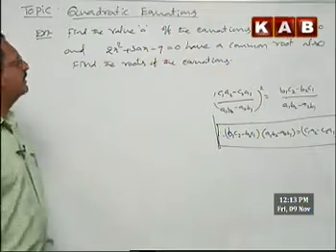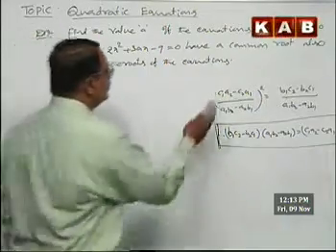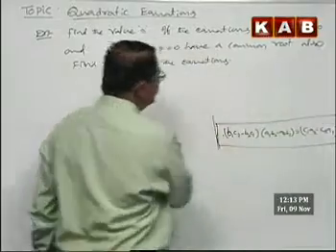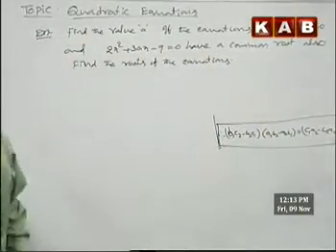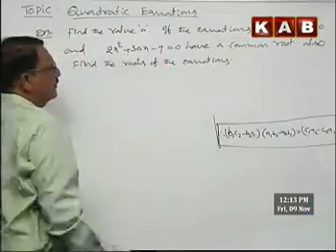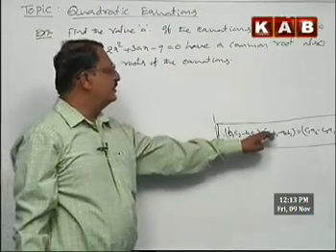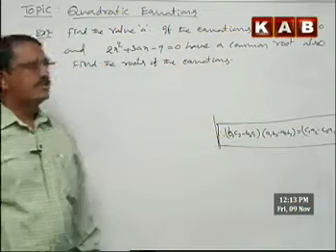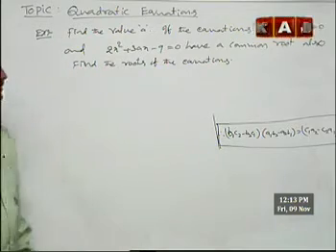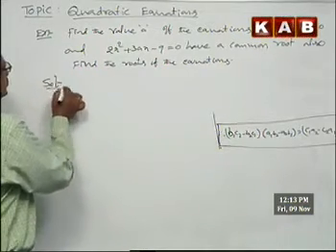Common root. Require the value of a. Now, the given quadratic equations have a common root. Now, the condition is (b1 c2 minus b2 c1) into (a1 b2 minus a2 b1) equals (c1 a2 minus c2 a1) whole square. Now, here a1 equals